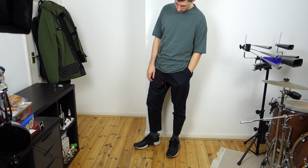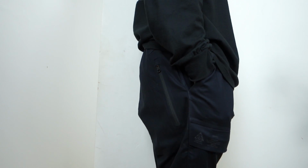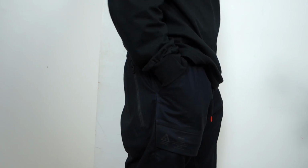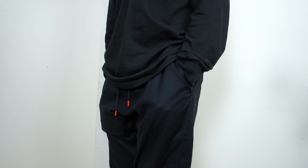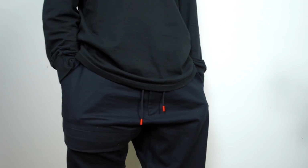There are 4 other pockets, as you might imagine. The front ones aren't secured in any way. They're a really nice shape and size for putting your hands in, but because of the cut of the pocket, it seems like things can fall out of these quite easily, especially big things like phones. However,